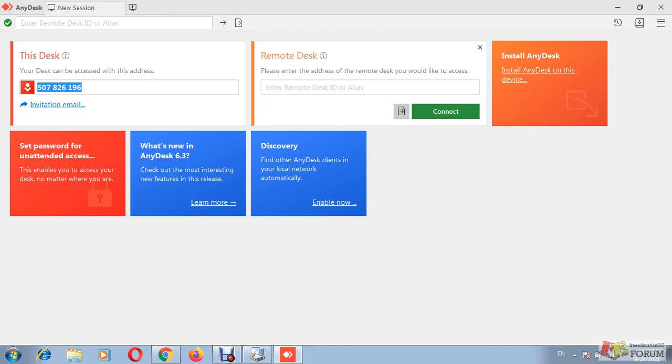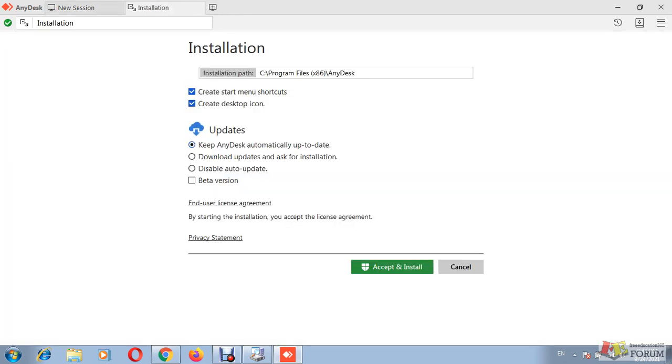Okay, I am going to install it now. You can click on install AnyDesk. Then you can select the path to install.